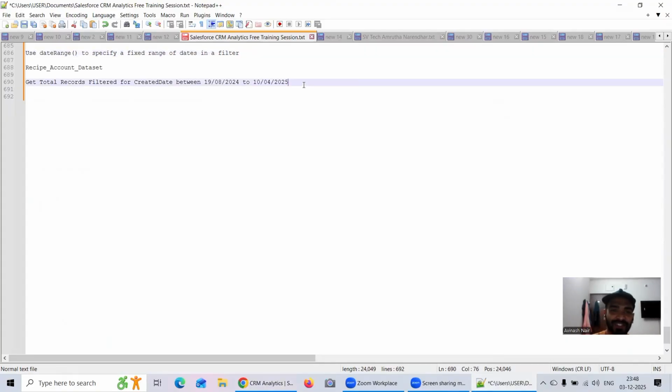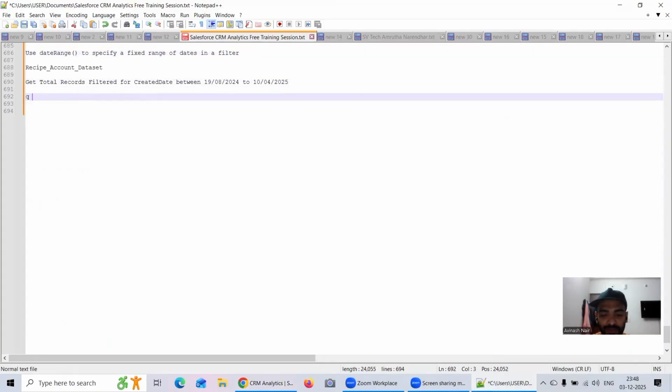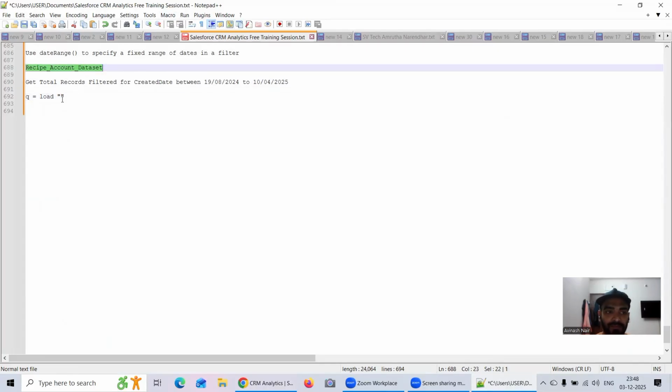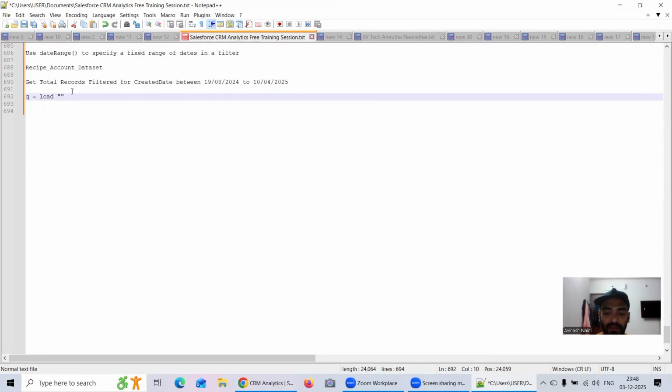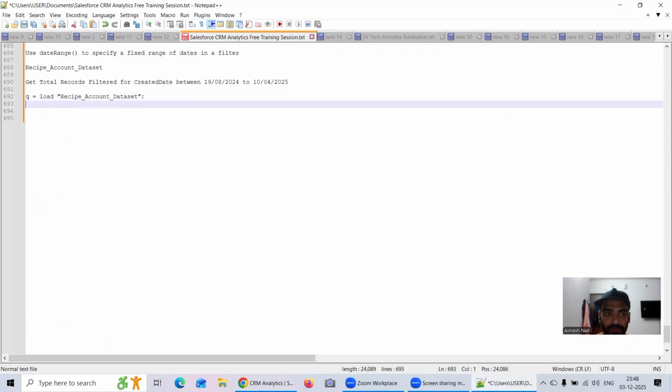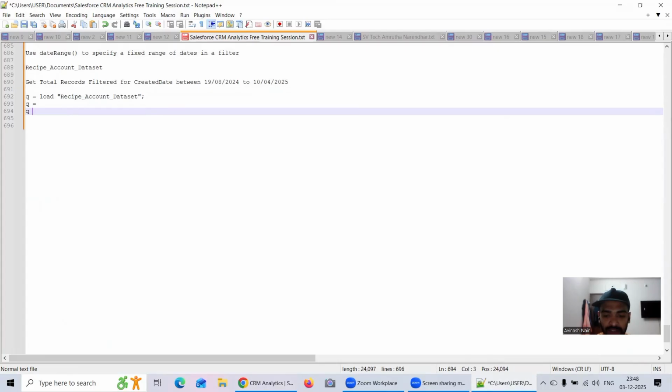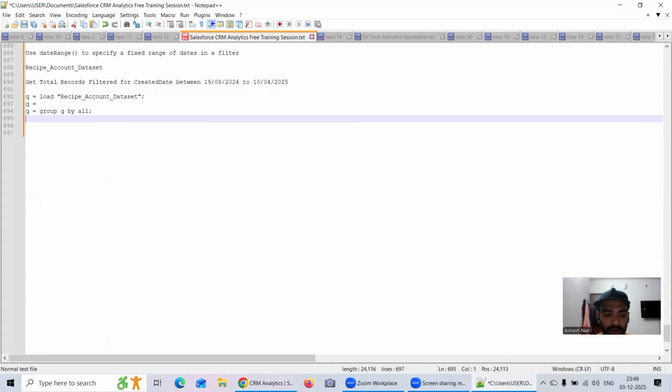Anyways, let's see how to do it. So see, everything else is fine. Load Q. So Q equal to, I will write the condition straight away, and let me write the rest of the statements. Q by all, and Q equal to,